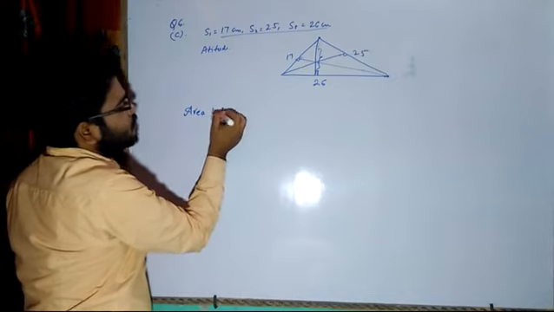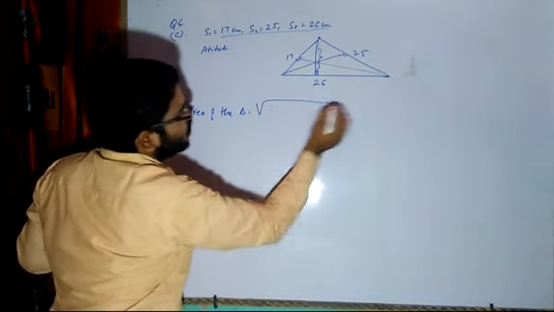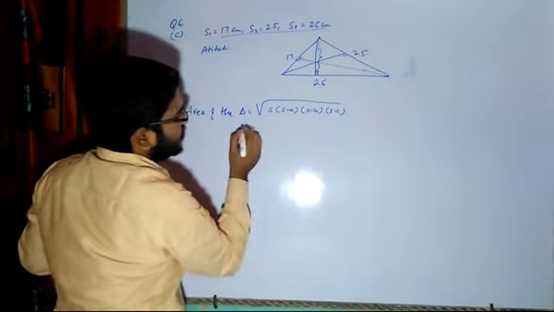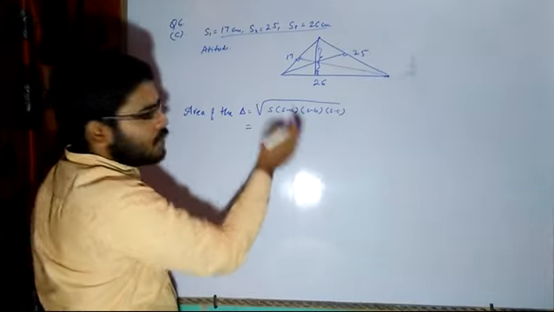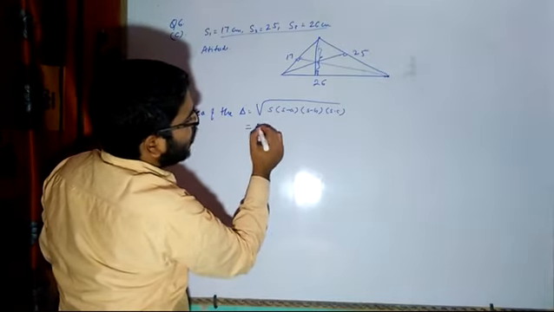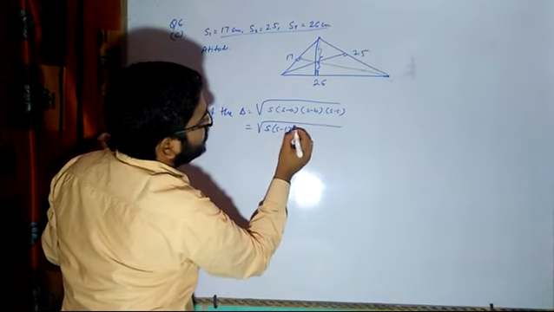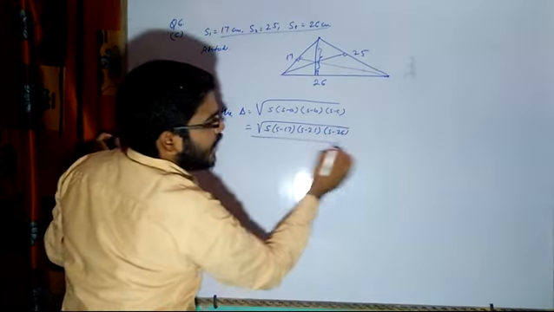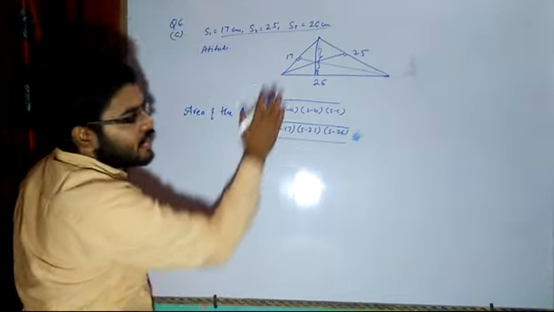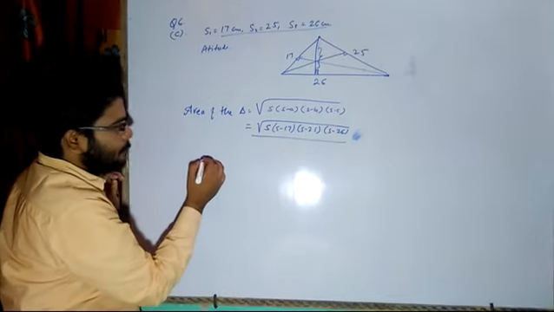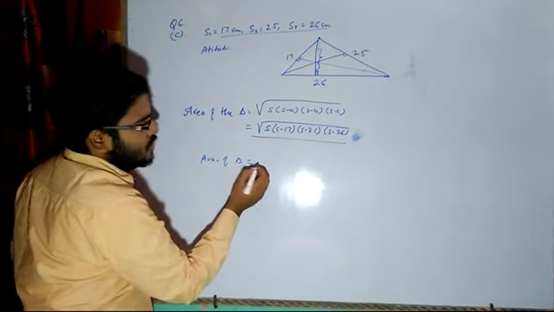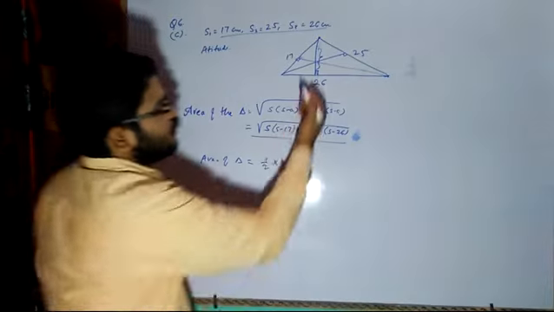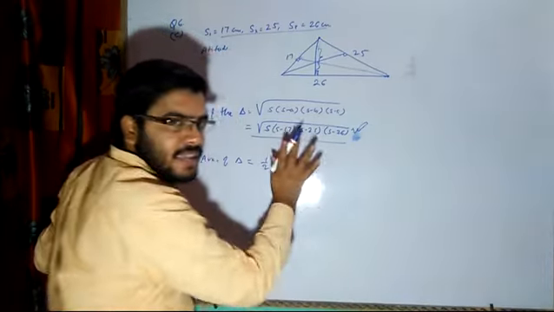So, area of the triangle will be equal to root under of S into S minus A into S minus B and S minus C. I hope all of you know what is S, S minus A, B, C. A, B, C will be equal to S, you all will calculate S minus of 17, S minus of 25, S minus of 26. After calculating the area of this triangle, then you will apply area of the triangle is equal to half into base into height. This also formula you know. First of all, using Heron's formula, you will calculate the area.